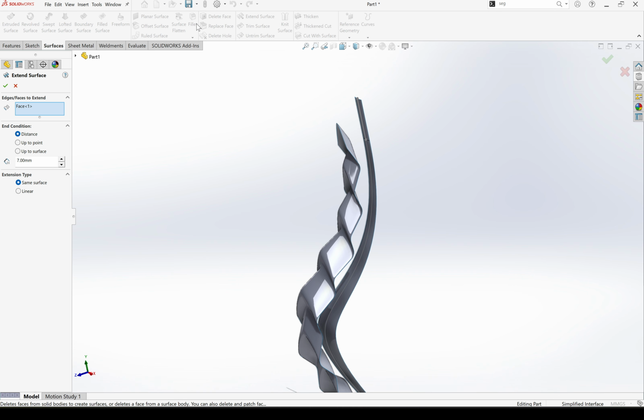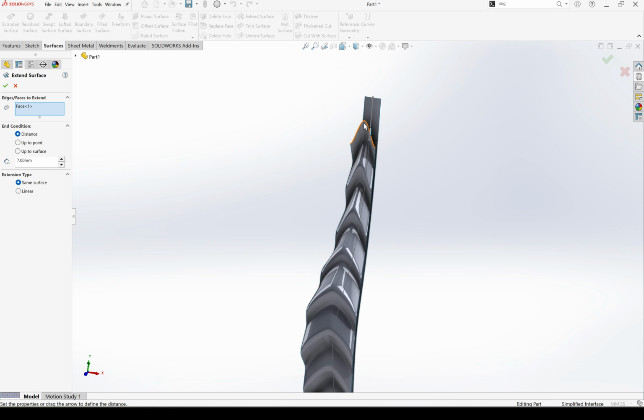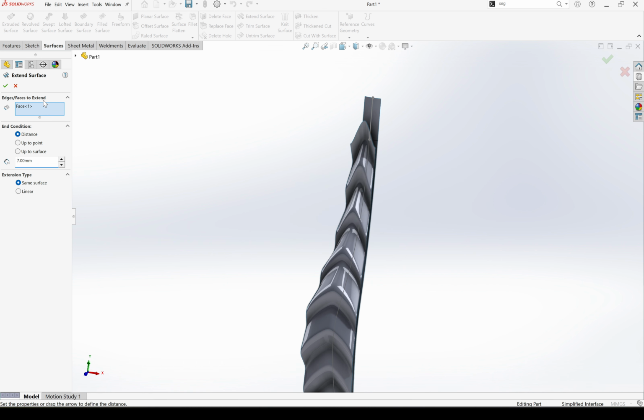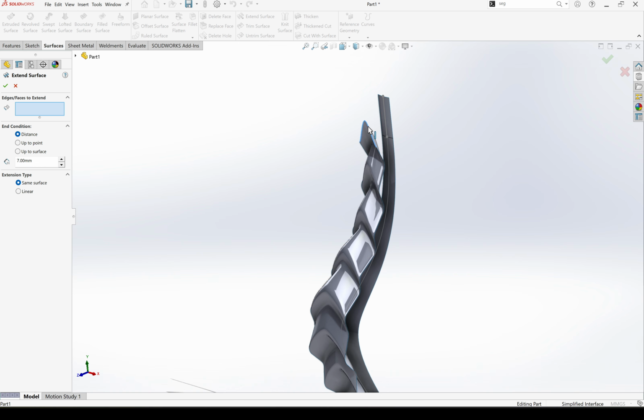Select extend surface, 7 mm is fine, and select this edge. Okay, clear selection, and now select this edge. Okay,